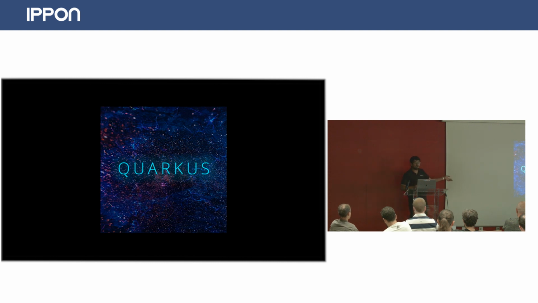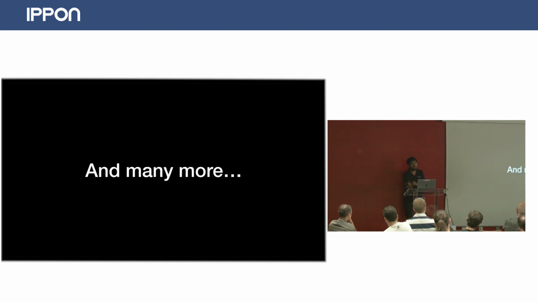For example, in QUARKUS and Micronaut, you just have to create a sample application at first, and then you can progressively enhance those applications so that you can add a lot of things later. But you have to pinpoint a version that you're going to support, because the main generator is updating like crazy.